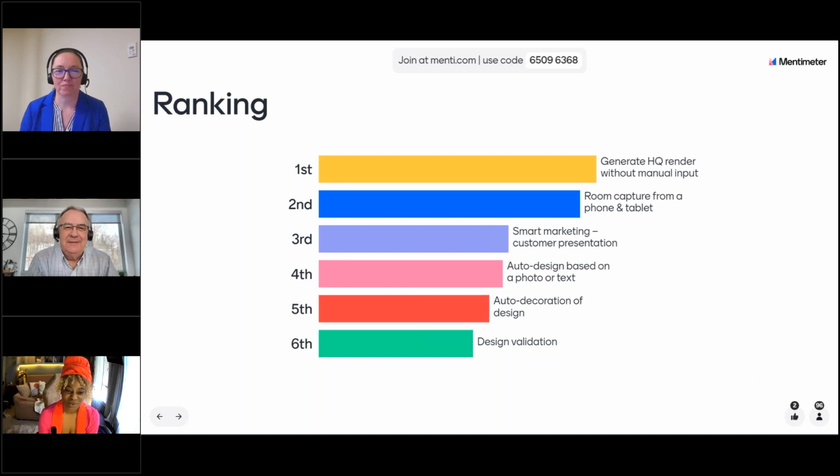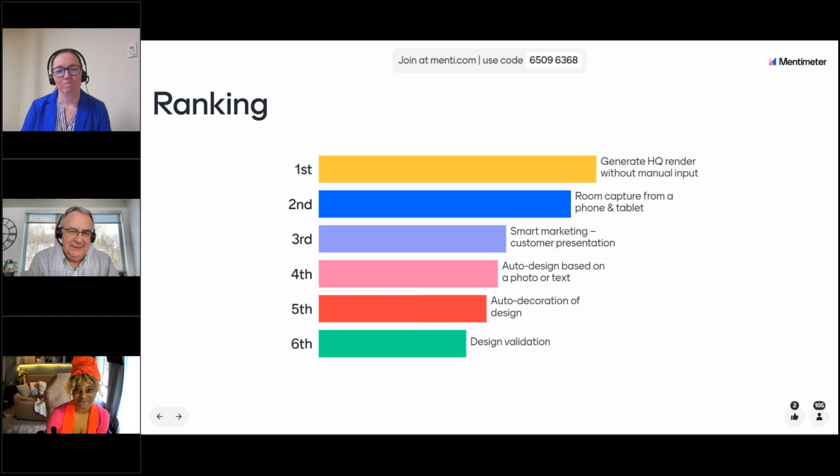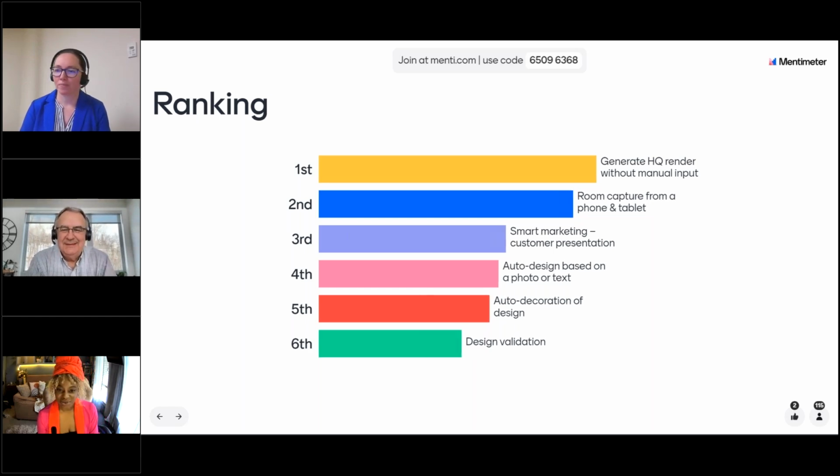Honestly, from the different discussions I had, this one I've always ranked as the first one. It's not a surprise. I voted too, so this is actually very close to my vote as well. Love that. And the room capture from a phone or tablet, that's pretty exciting too, just because it's